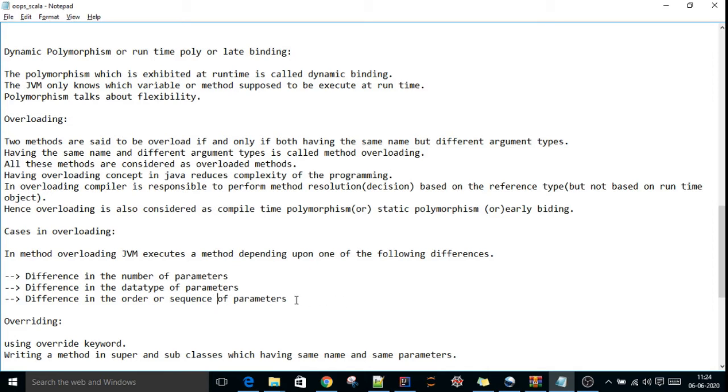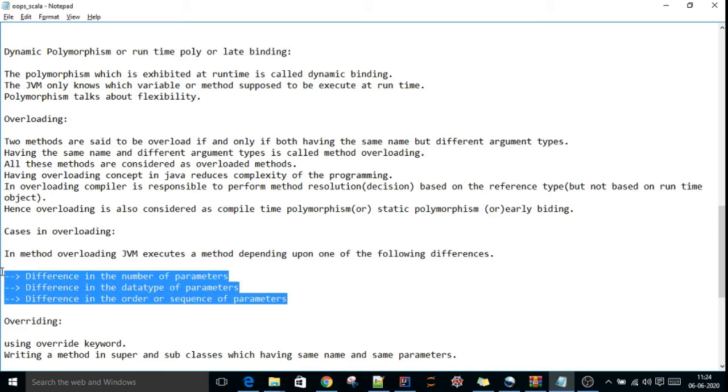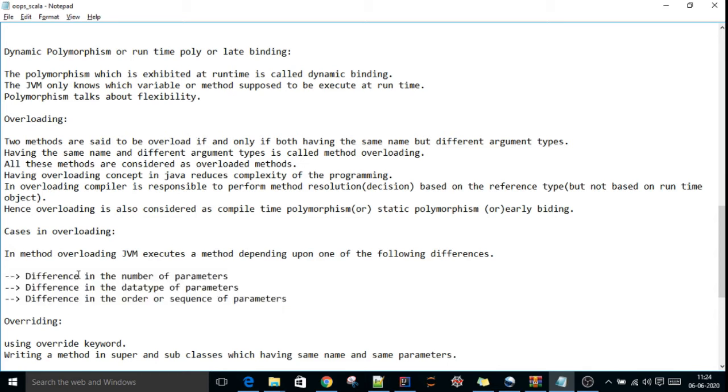In these three cases, we can perform overloading. So you understood, right? What is polymorphism? What are the types of polymorphism? Static polymorphism, dynamic polymorphism. Overloading is an example of static polymorphism. Overriding is an example of dynamic polymorphism.